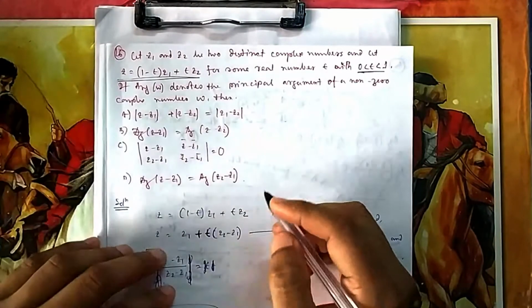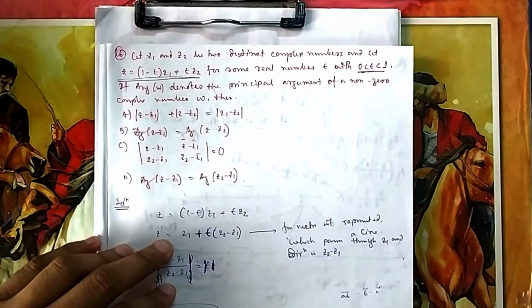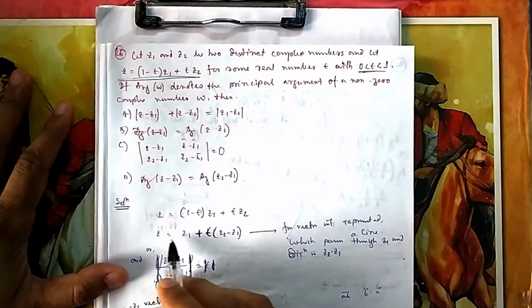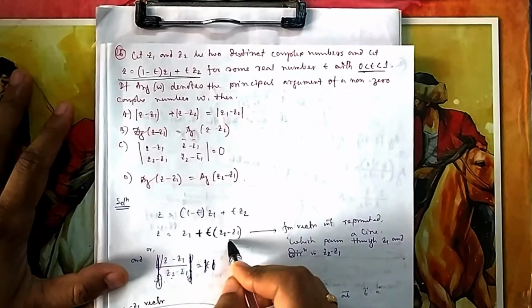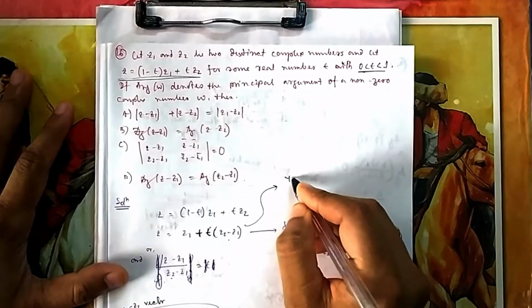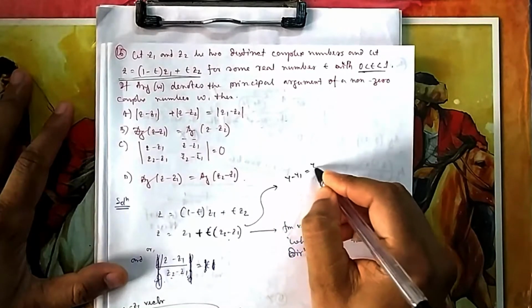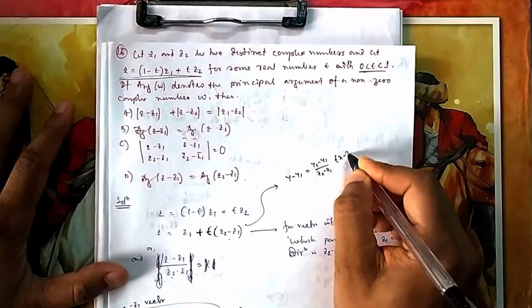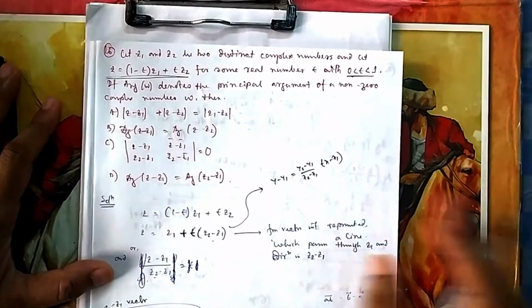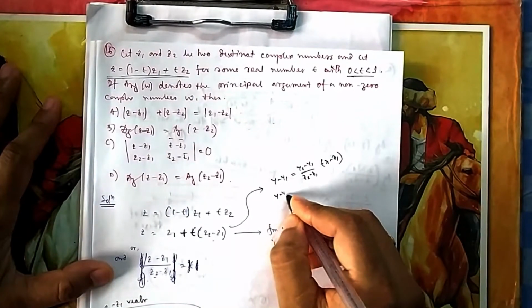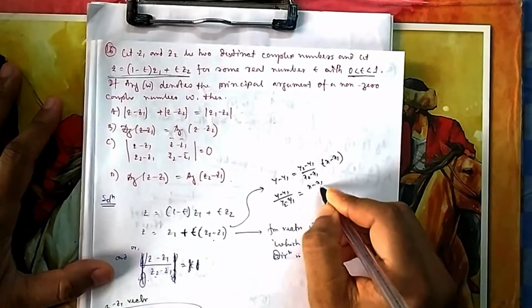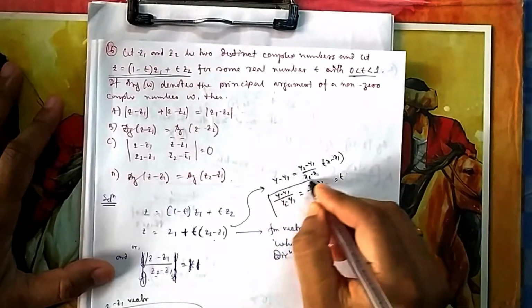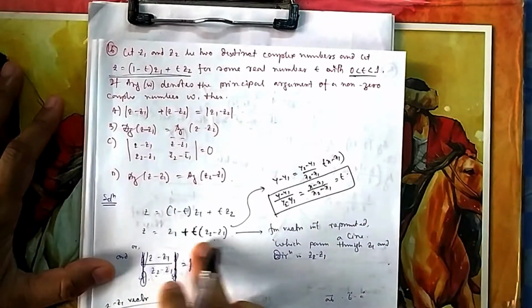Okay, now what is the meaning of this one? If you can simplify it in this fashion, suppose I write t, so it will be (z minus z1) by (z2 minus z1), something of this fashion. Now you recall this one, y minus y1 is equal to (y2 minus y1) by (x2 minus x1) into (x minus x1). What was this? It was the equation of a straight line of which 2 points are given. Now if I write it in this fashion, (x minus x1) divided by (x2 minus x1) is equal to t. These two ratios I have taken as t. So exactly the same thing is here.